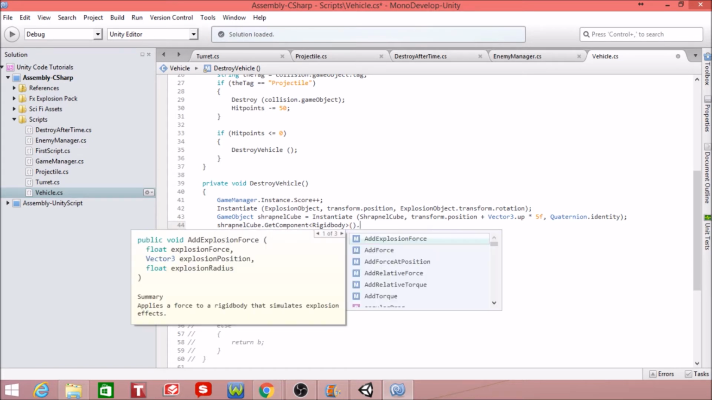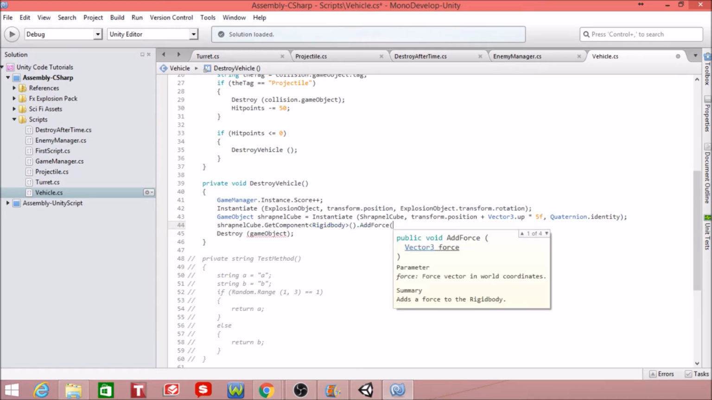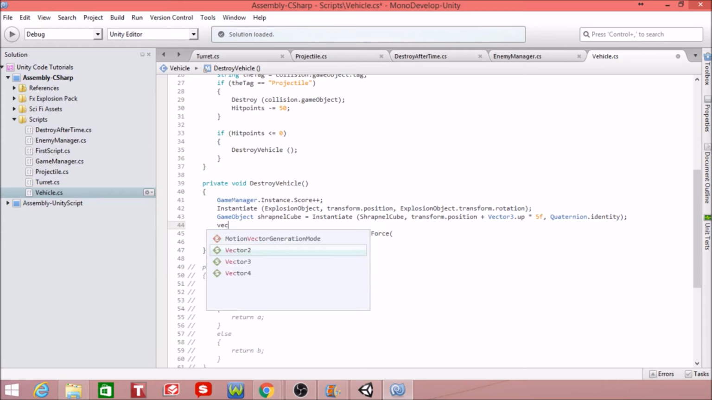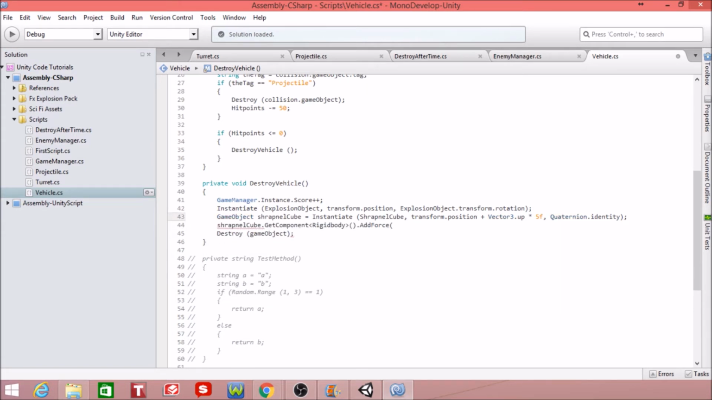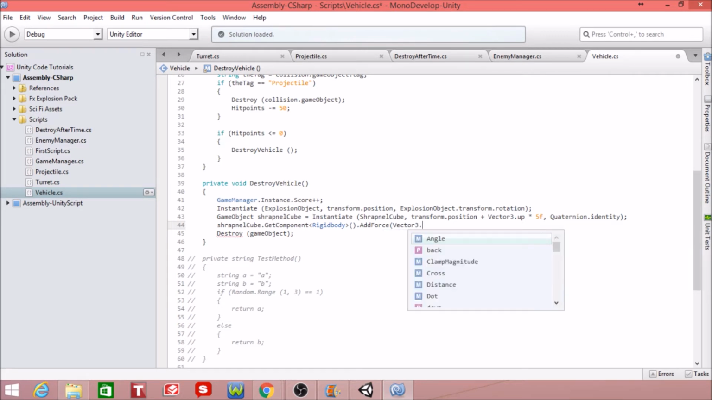Now what do we want to do with the rigidbody? We want to add force, right? What kind of force do we want to add? It takes a Vector3. We don't have a Vector3 variable set up for this. So here's what we can do. Before this, the line before. Well, actually, we'll get into that later on. For right now, let's just say Vector3.up